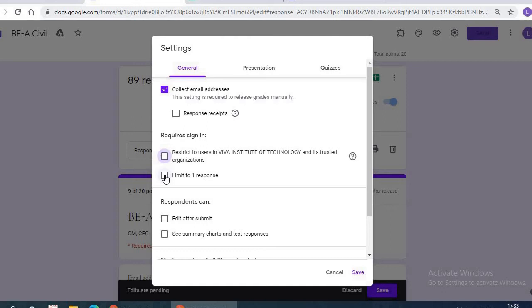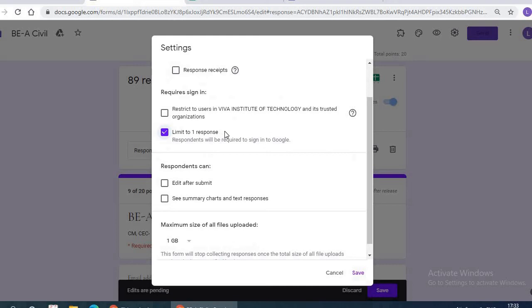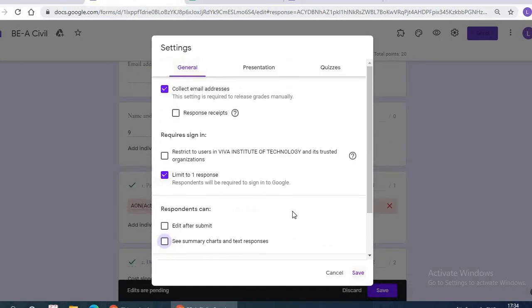Now limit to one response. This is very important to be clicked, because otherwise there will be multiple responses from the same email ID. So these are the settings available, which we need to be careful about, what is required and what is not required.